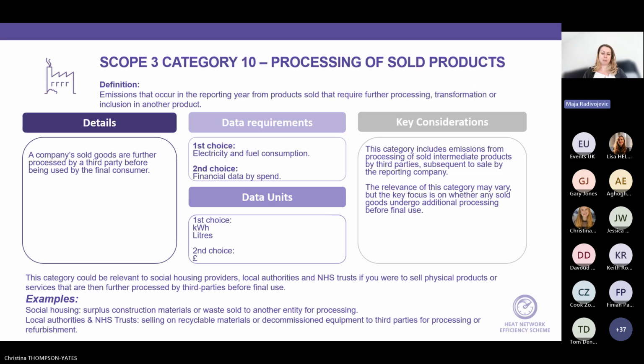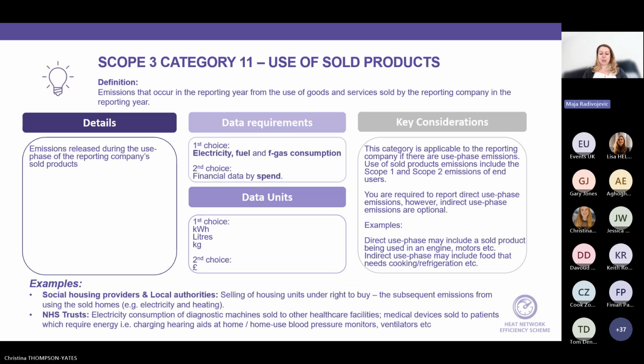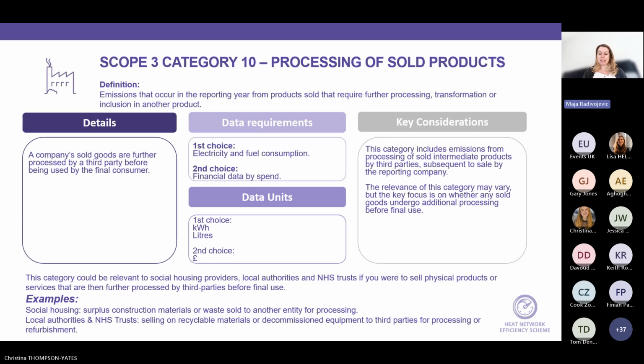For social housing providers, local authorities or NHS trusts, this category may only apply if physical products are sold that require further processing. For example, social housing providers might sell surplus construction materials, or they might sell waste for processing by another organization, while local authorities or NHS trusts might sell recyclable materials or decommissioned equipment for refurbishment or further processing. Then we have category 11, which relates